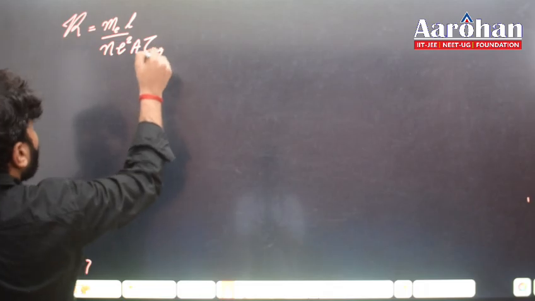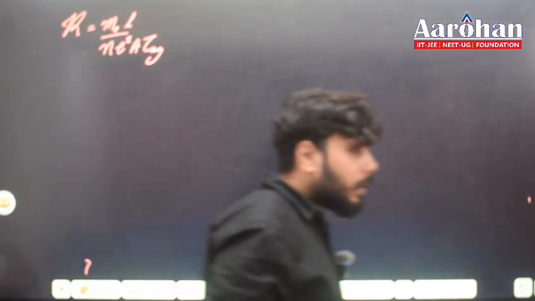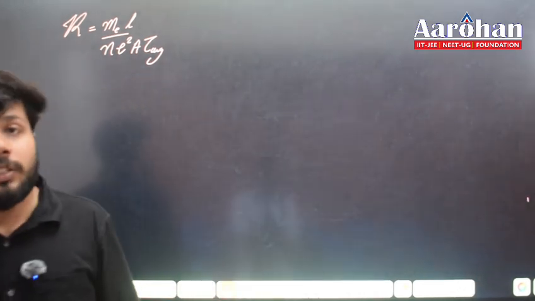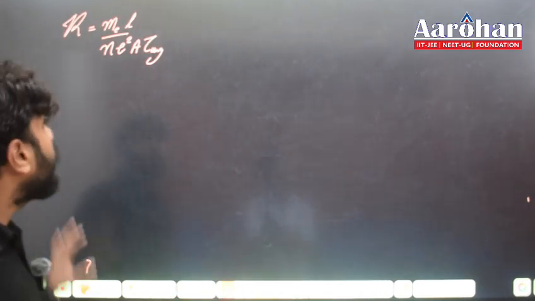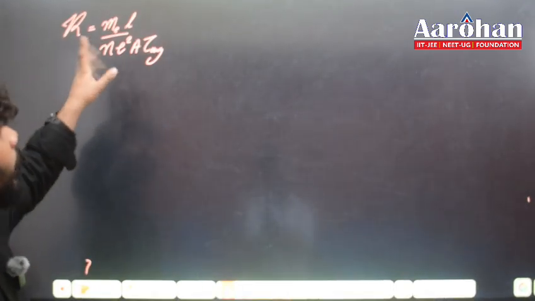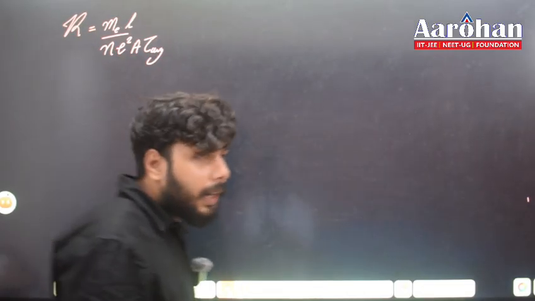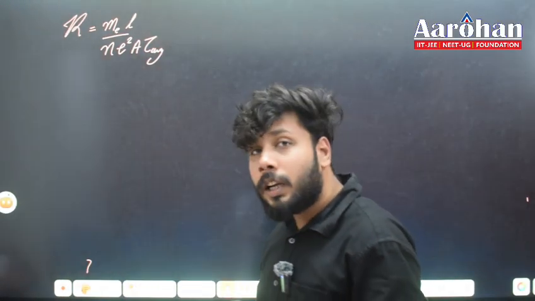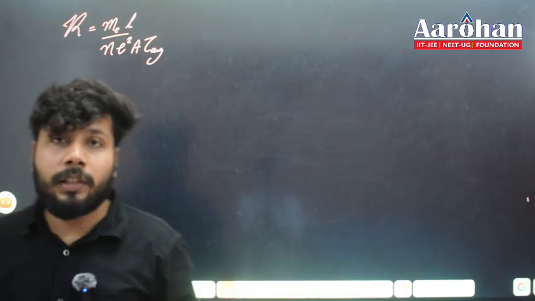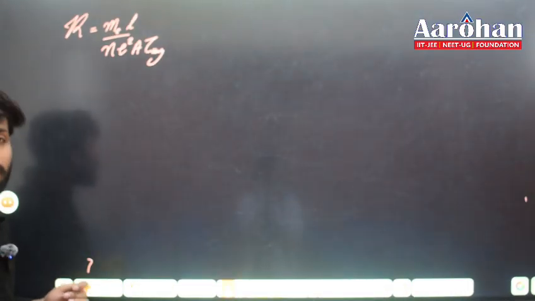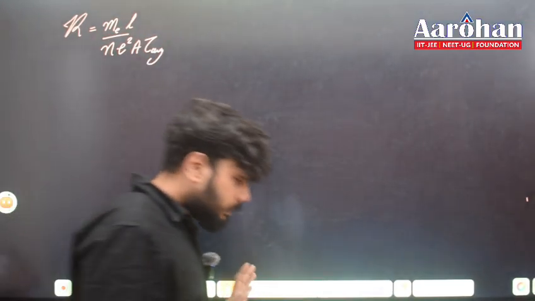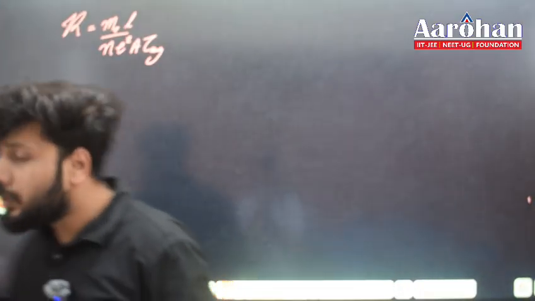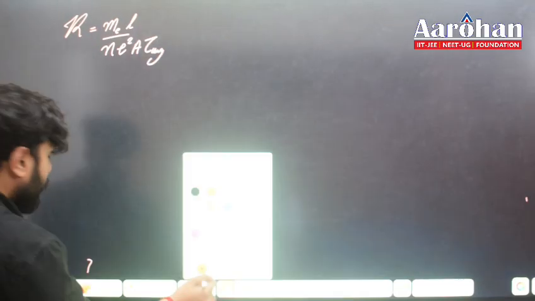In this formula, we know that the mass of the electron is going to be constant and the charge of the electron is also constant. So the only things you can change are area, length, tau average, and free electron density. And here we had the statement that the dimensions of the conductor are going to be constant. So in that case, the only variables we had to discuss were free electron density and tau average. And we had discussed about